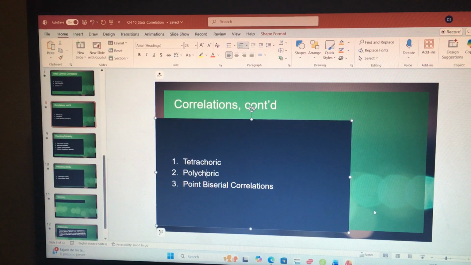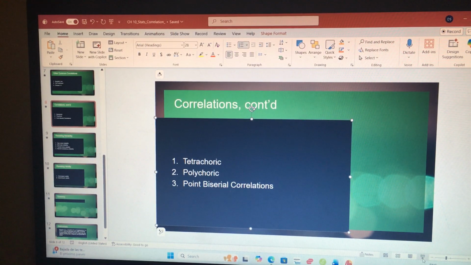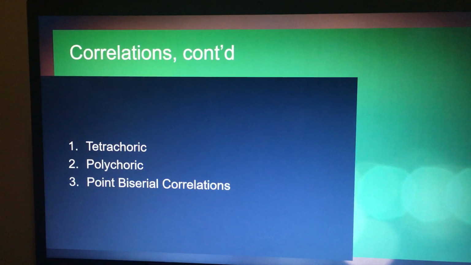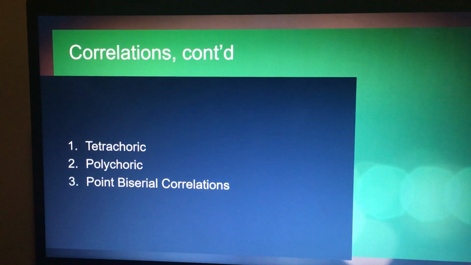Tetrachoric, polychoric, point biserial correlations. There you go. So when this author was in graduate school, they're saying that they called tetrachoric, polychoric, and point biserial correlations special correlations. We're not going to get into the calculations of these in this particular introductory